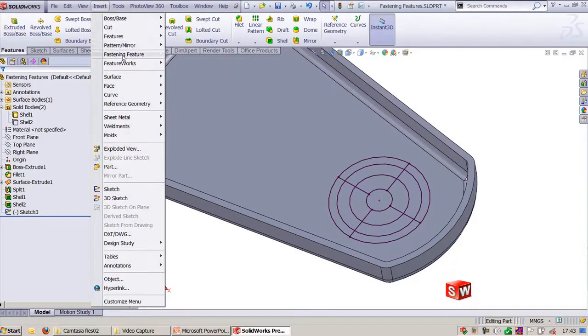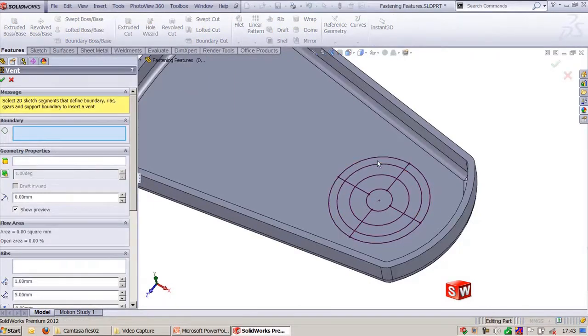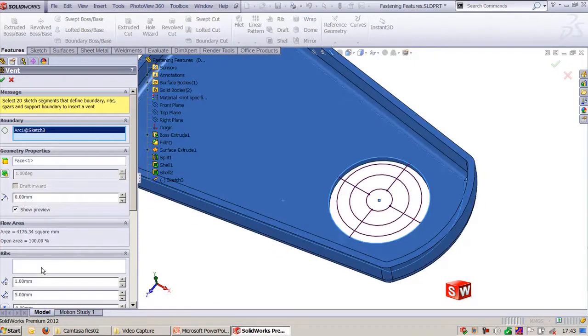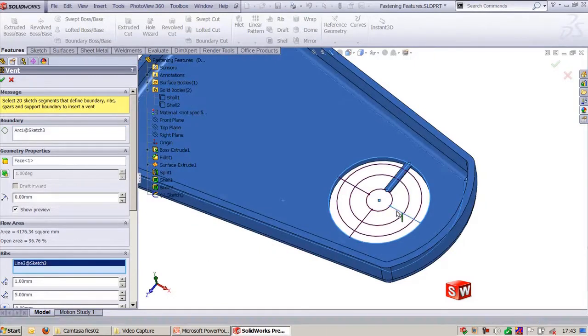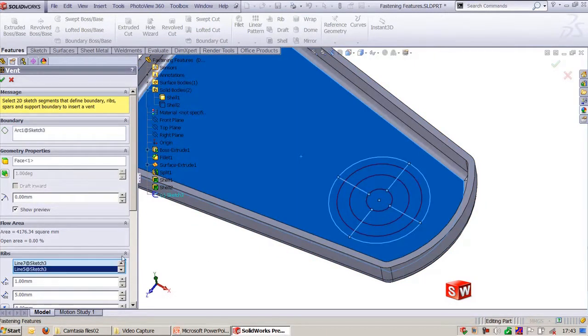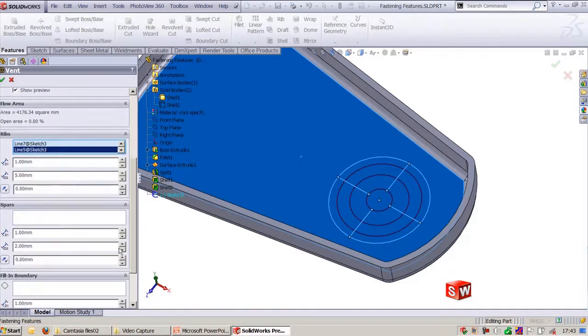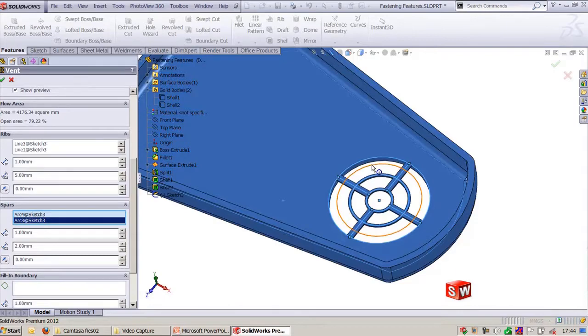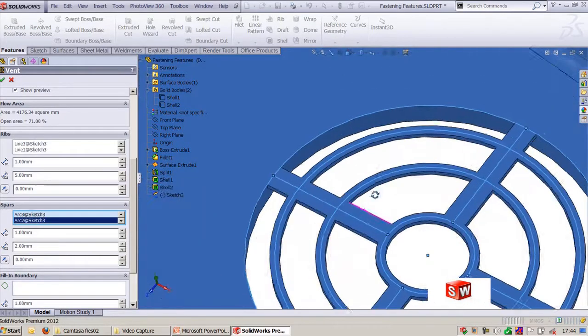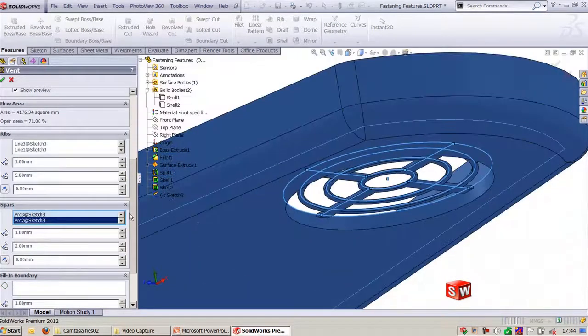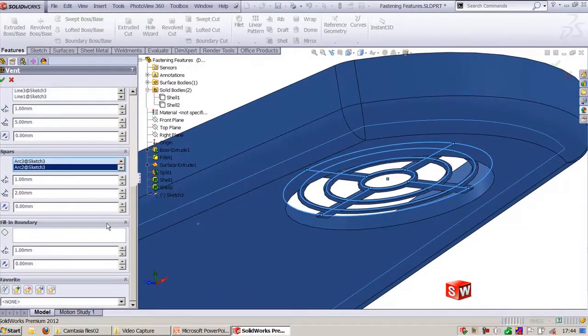Go to Insert, Fastening Feature, Vent. Here the boundary is this, and I need to select ribs. These are my ribs, and once I have selected the ribs, we need to select one more thing, that is spars. These are my spars. You can select the spars, and for this rib and spar you can enter the parameters here. The thickness D1 and D2, the width and length, that is the thickness and the width, and you can